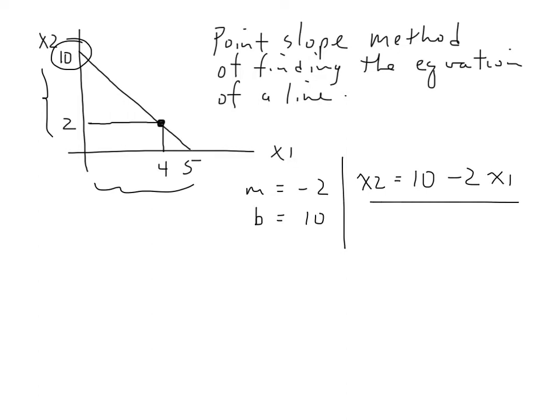So this is not the point slope formula, but that is the equation of that line, and I want to show you how you could have found that equation if all you were given was this point and the slope of minus 2. So if the slope is minus 2, and if you're given the point 4, 2, which is right here, okay,